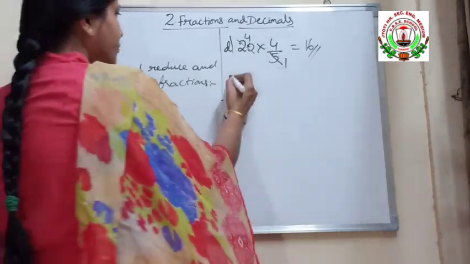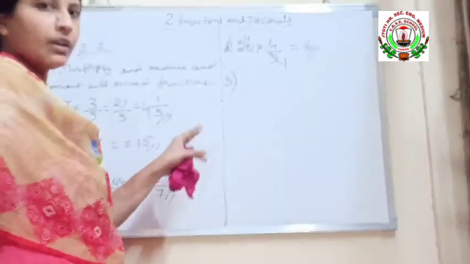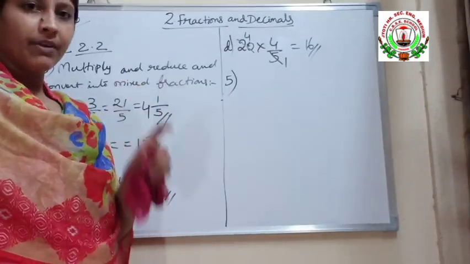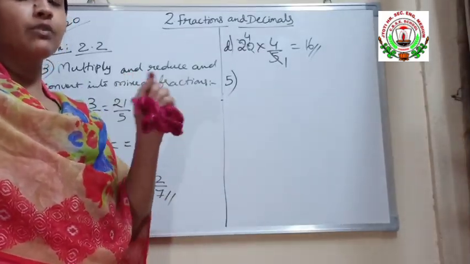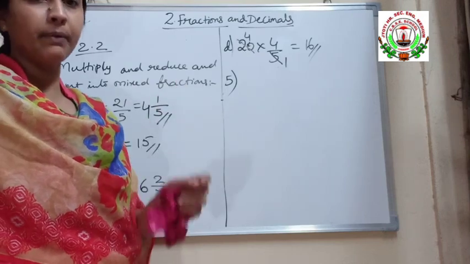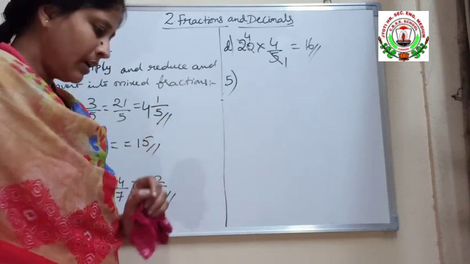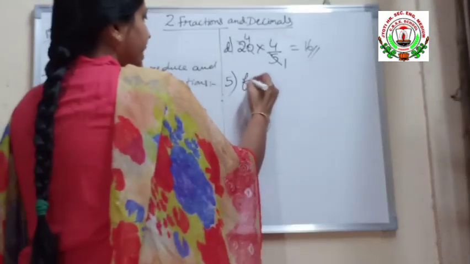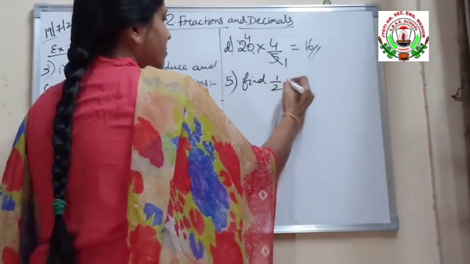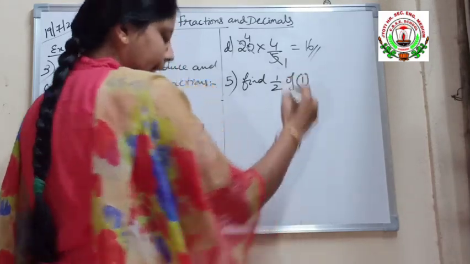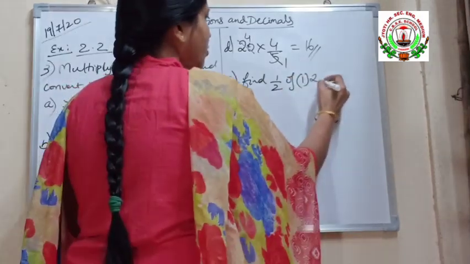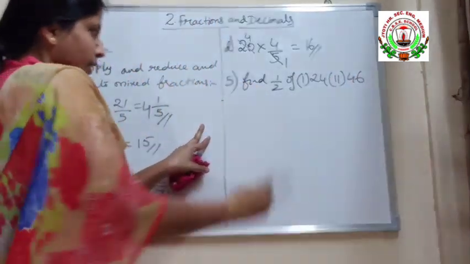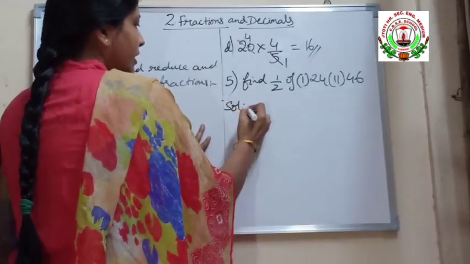Now your next fifth question. I told you fourth question is given as a fractions for coloring. They have given pictures and they have asked to color the fraction of part of that picture. So I think you can do it in the textbook only. Fourth one, they have asked find 1 by 2 of, and they have given the parts as 24 and the second part as 46. See here the solution here.